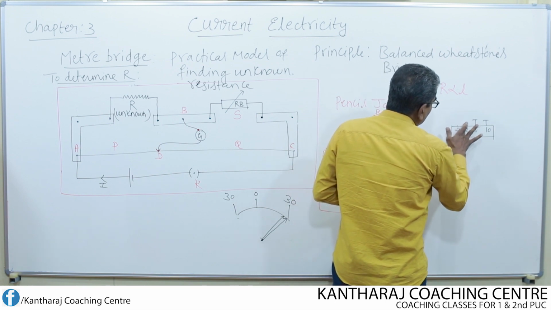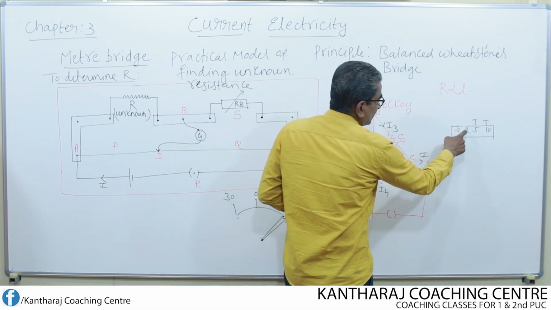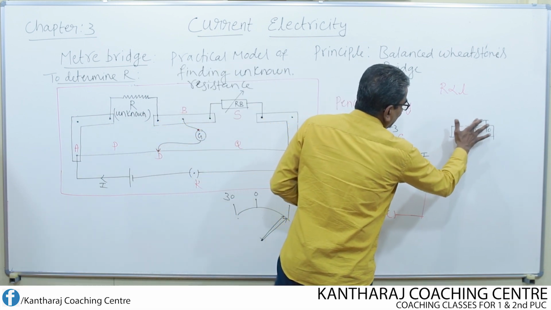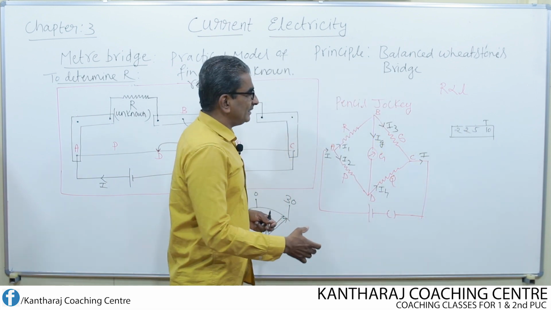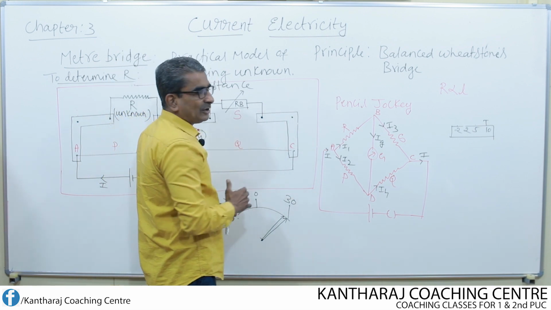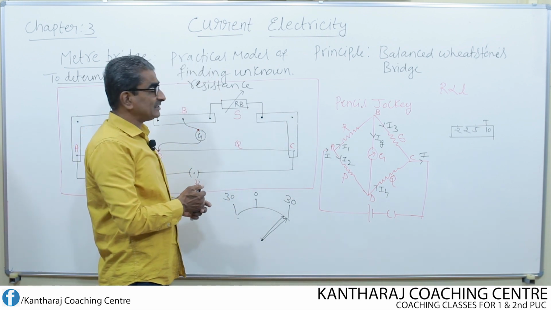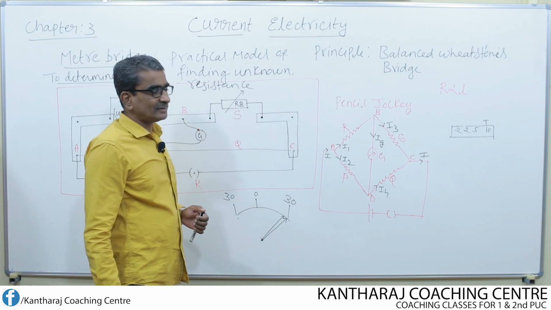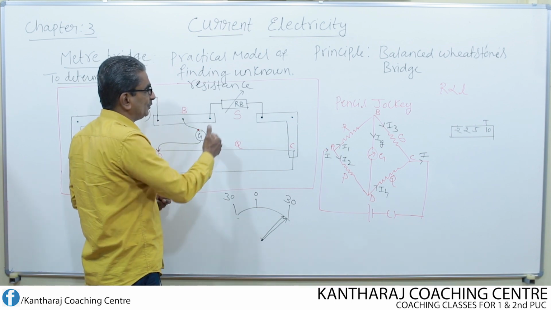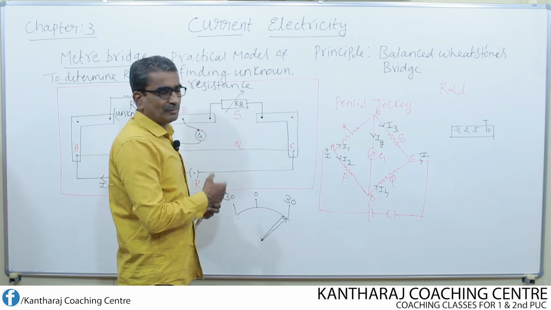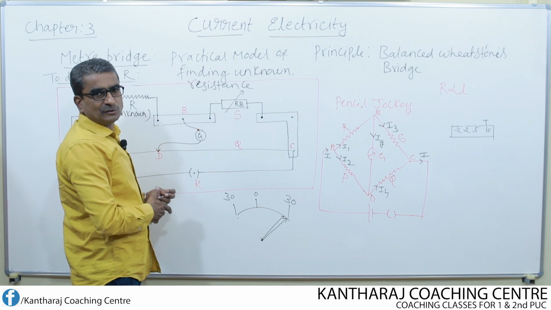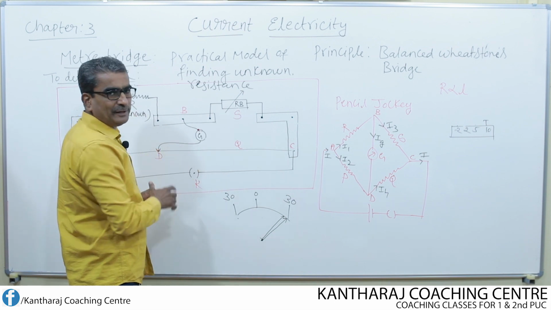Suppose if I remove both these plugs, then 2 plus 2, 4 ohm resistance is said to be introduced in the right gap. Even if I remove this plug also, then 5 plus 2 plus 2, 9 ohm resistance is said to be introduced. So this is how we can vary the resistance in the resistance box. Now we introduce one suitable resistance, for example 2 ohms or 3 ohms or 5 ohms, by removing the plug from the resistance box. Once we introduce the suitable resistance, its value is said to be known.